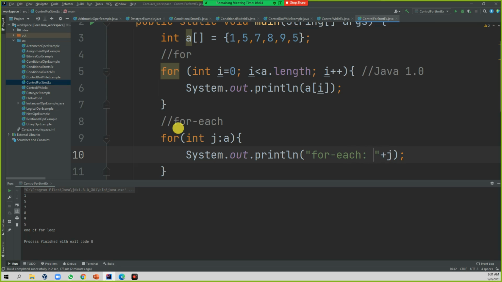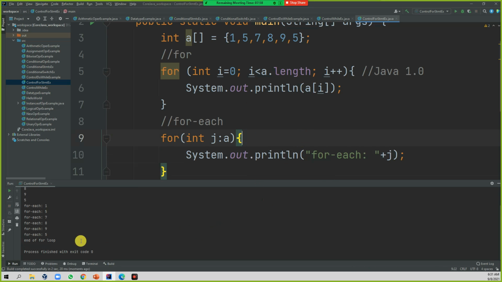So for each, run it. See the result? Here you wrote so many things, but in this for, just initialization and whatever array you have, you directly wrote the array, then it gets displayed. This is the for each scenario. Actually, this was introduced in Java 1.5.